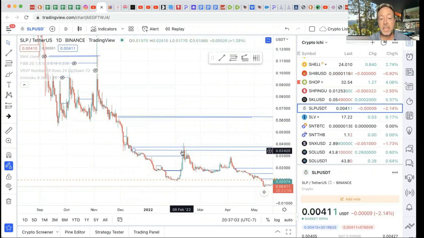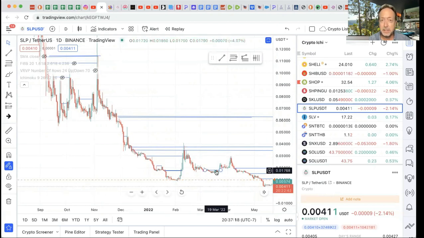It broke this one, it came up. It broke that base, it came up. It broke right there, that little one right there, and it came up. It broke this one and came up. So that was, see, the 7, 8, 9, 10, 11, 12, 13, 14 that it's worked on.